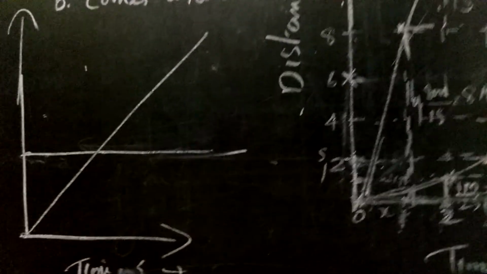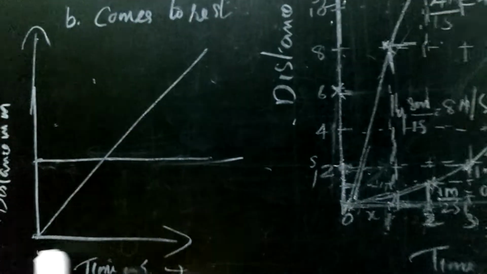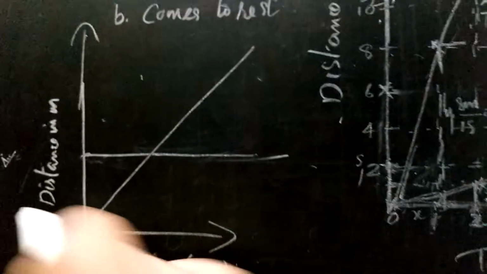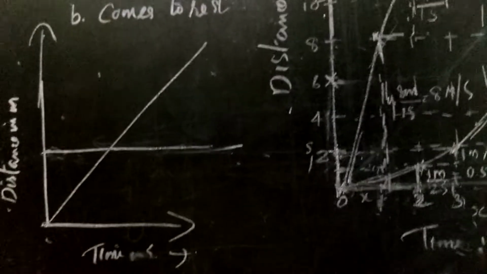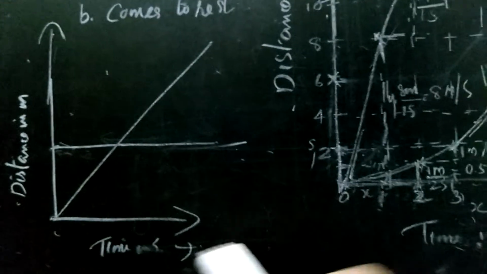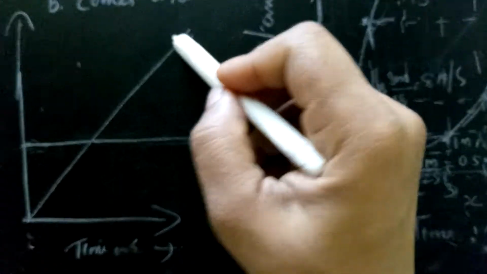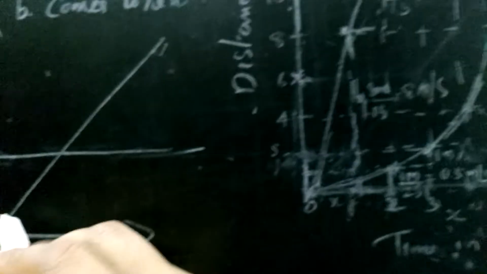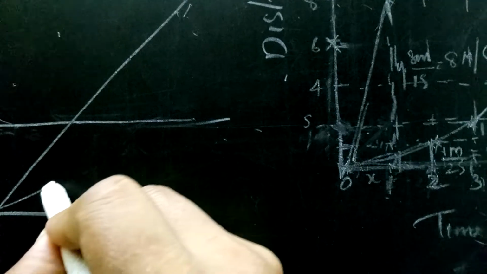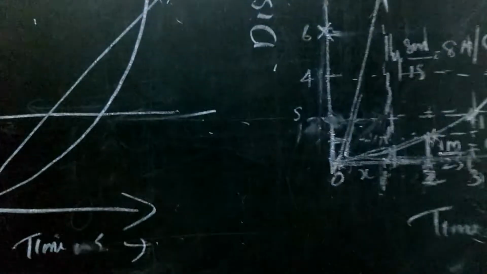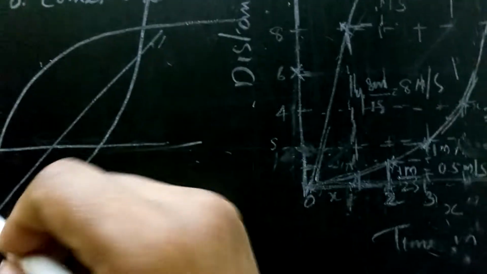So when the question asks you to draw a distance time graph for a stationary object, you just draw the x-axis and y-axis, mentioning time in second and distance in meter. Then draw the line. This represents a stationary object. If it is for uniform motion, just draw the x-axis and y-axis, mentioning time in second and distance in meter, then draw the straight line. Likewise the other two curves also. Distance time graph for non-uniform motion: the first one is a curve which starts from rest, a curve with increasing slope. Another one is a curve with decreasing slope which comes to rest.